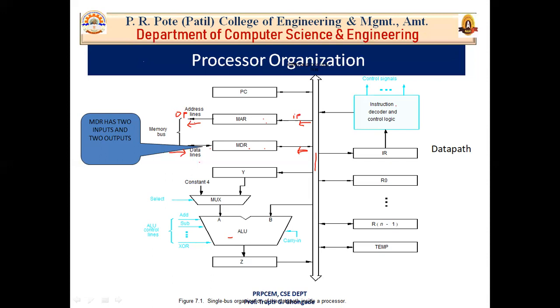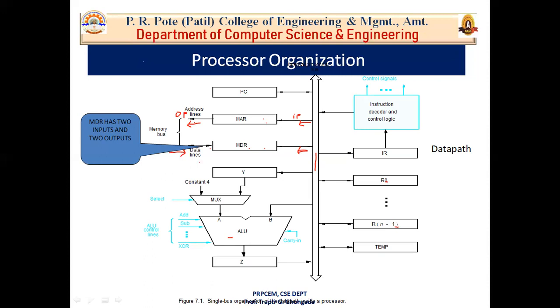Then the number and use of processor registers, that is R0 to Rn-1, these are the general purpose processor registers. Okay, so the use of these processor registers from R0 to Rn-1 varies considerably from one processor to another processor. Okay, it is not the same for all processors. So these registers may be provided for general purpose use by the programmer, as these are the general purpose registers. There are some dedicated special purpose registers also, like index register, stack register, and so on.